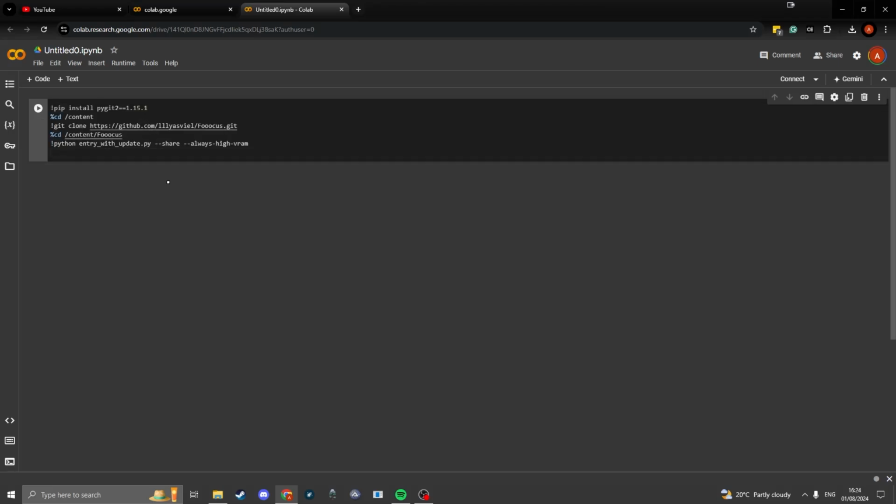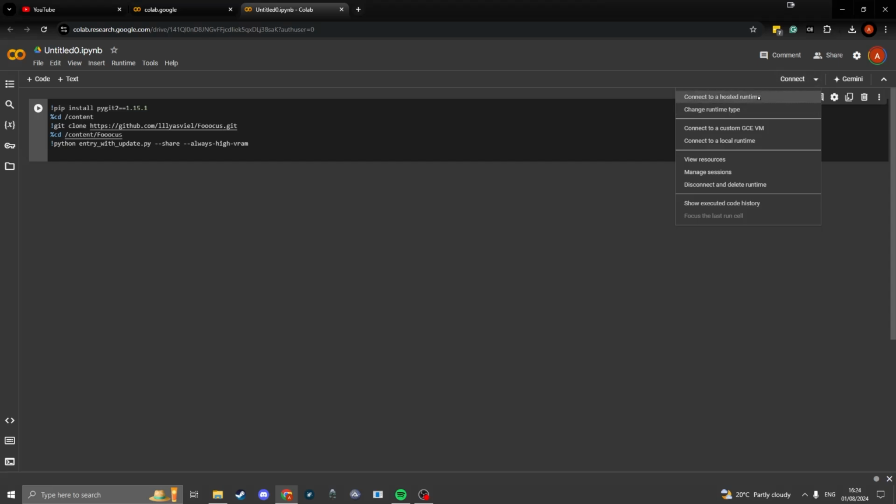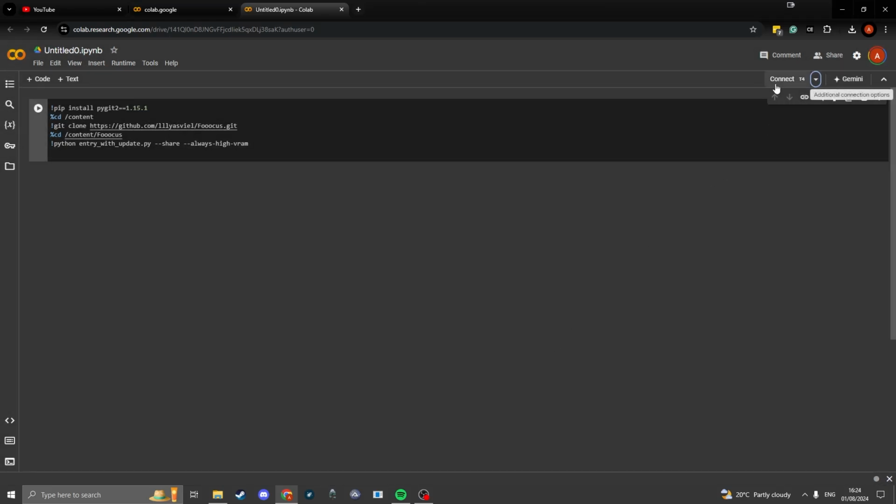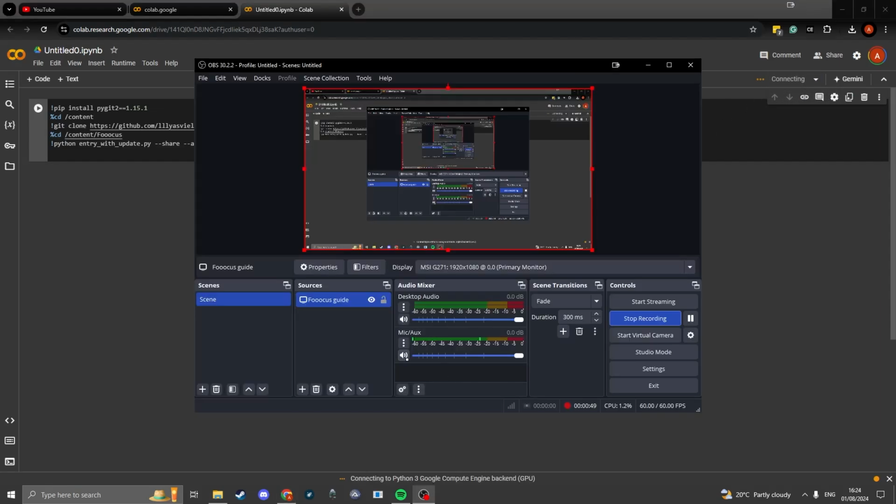For this next part, I'm going to post the code you need in the description. Essentially, it just installs the Fooocus application. Then you're going to click on change runtime type and select T4 GPU, because this application requires a graphics card and not a CPU. Then click on connect and you should see